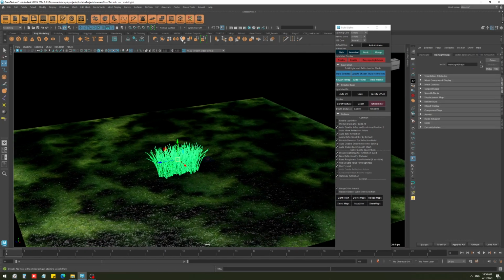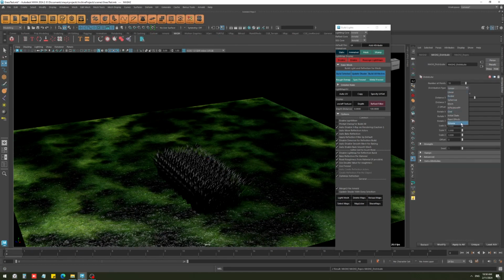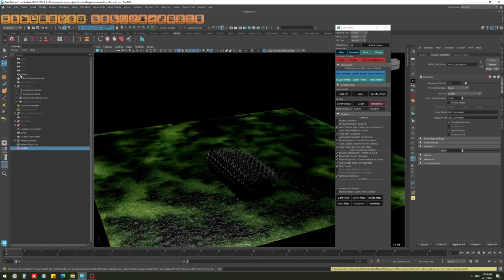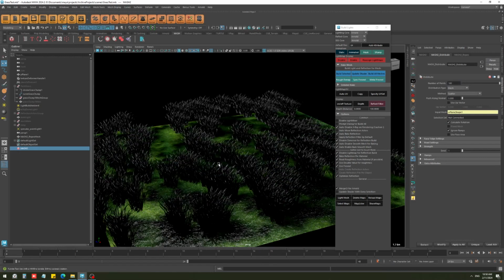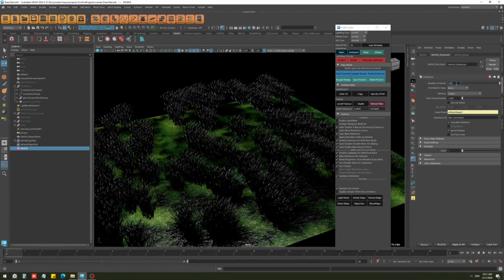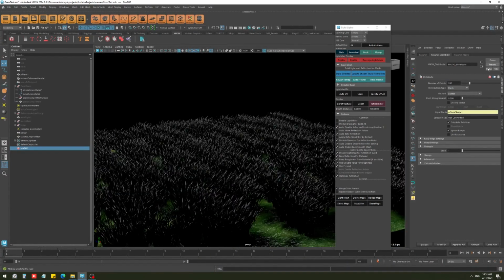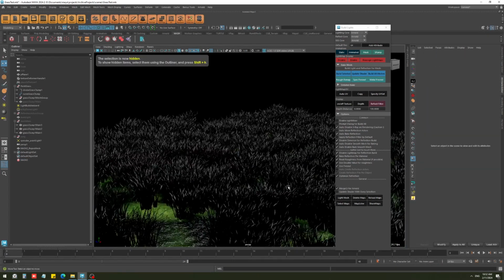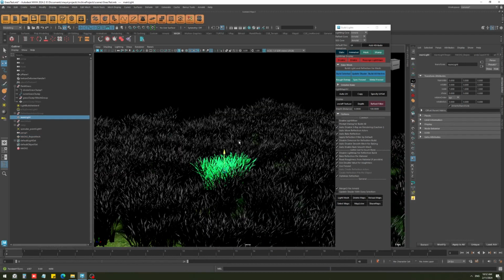Now let's create, let's say, a mesh. I'm going to set distribute to mesh, and then assign my plane to the input mesh. Now let's just increase it. Maybe too much. And let's add a random. Okay, so now all I need to do is select this mesh object, and then my main grass, which should be this one,